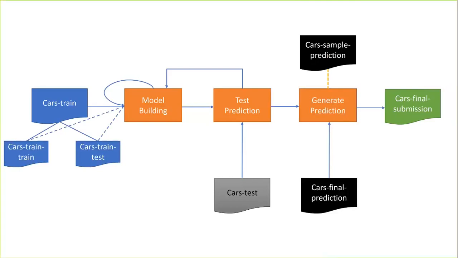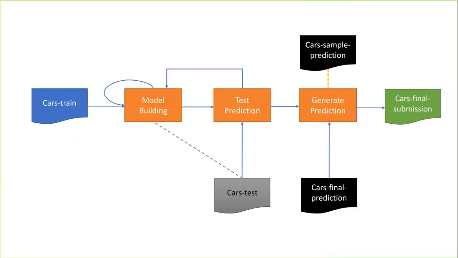So this way you use the training data set to really build the model, by using some portion of it for your training, some portion for your testing during the model building phase itself. Yes, you can definitely do that if you want, so that you're probably testing it out twice, and that's fine, right? You can also probably use just the cars test data set during the model building phase. So you can do this.